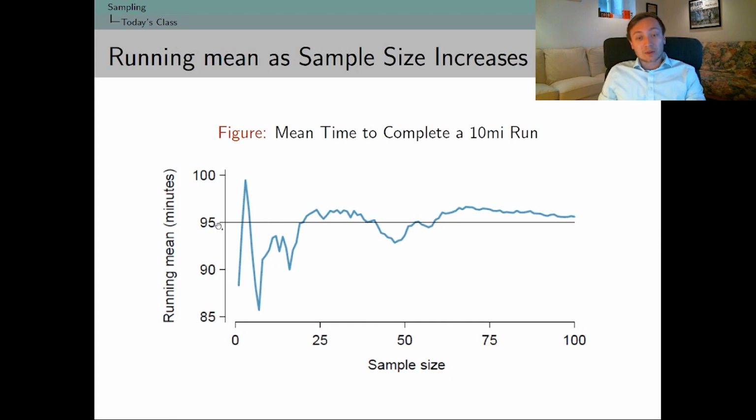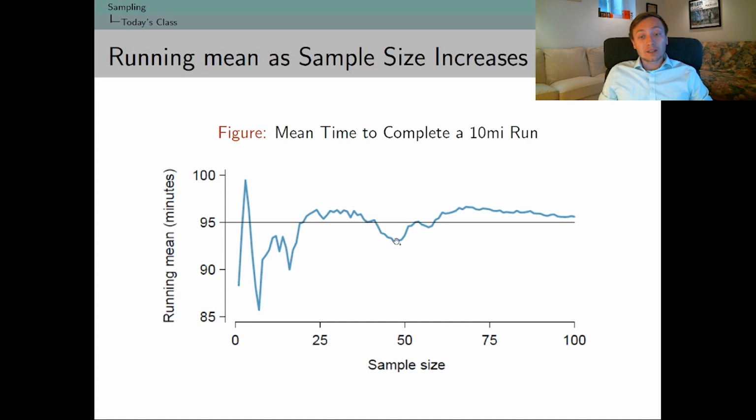You'll see that basically what I did was I set up this true mean. I said, here's the actual mean in the population of runners, which is usually unknown in our research projects because there's no way to know the true mean of a population unless we did some kind of census, right? If I were to sample these sequentially, I basically said, hey, give me a random participant, 1, 2, 3, 4, 5, 6, all the way up to 100.